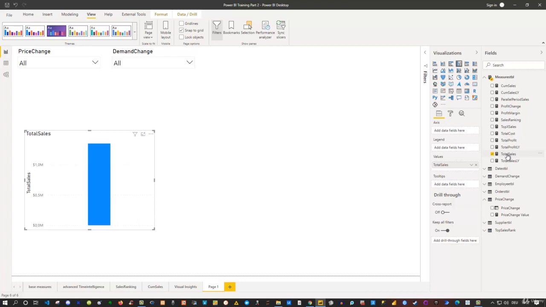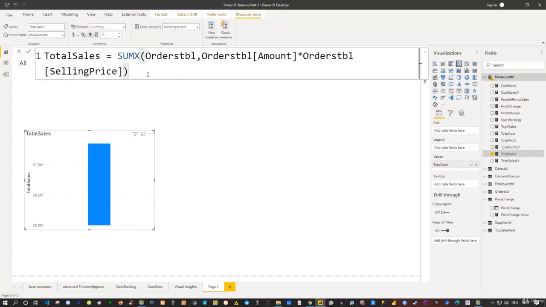So I can use my total sales formula, because we basically do the same. We are iterating over the orders table. We have an iterator function, so the first argument is the table itself, in this case our orders table, and then we multiply for each row in the dataset the amount with the selling price. The only thing we need to do now is implement those two additional what-if parameters we have: our new demand as well as our price change, and we have the selling price here. So I simply take all of this, Control-C to copy it, and then I go